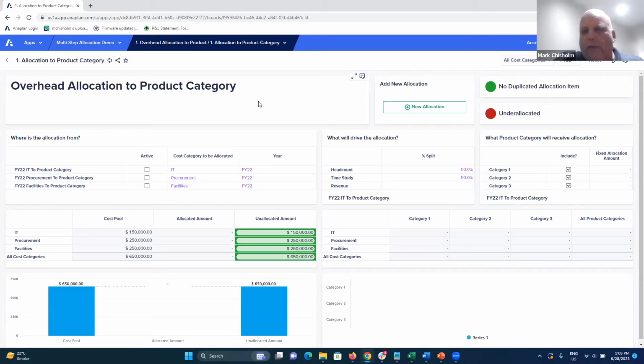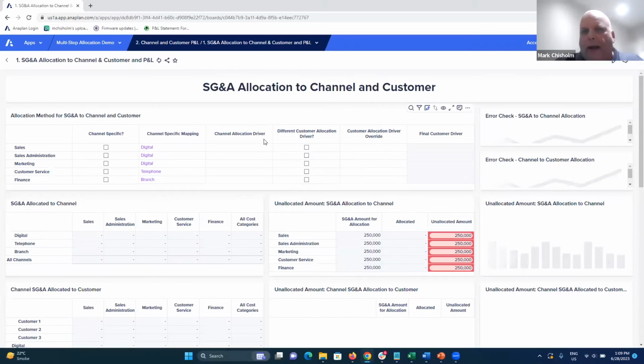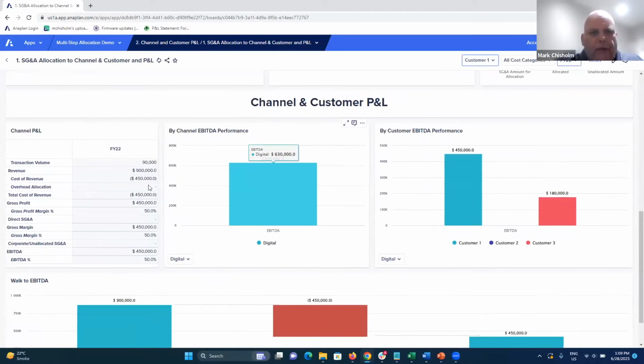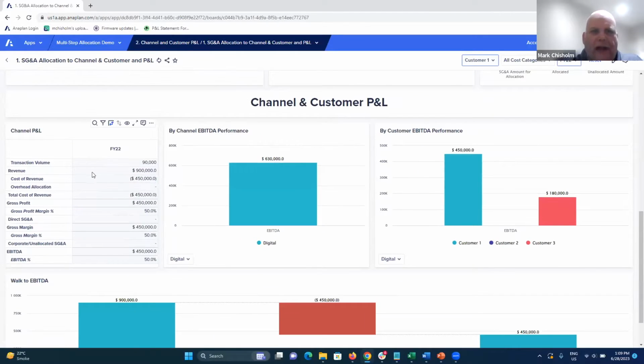In this example here, we're looking at a dashboard that allows us to allocate things like overhead to product categories. In this particular example, the ultimate outcome of this is a full P&L by customer. So if I just go to this particular dashboard and scroll down a little bit, what you're seeing here is basically a high-level P&L, which is showing us things like revenue, cost of revenue, down to margin, and then ultimately